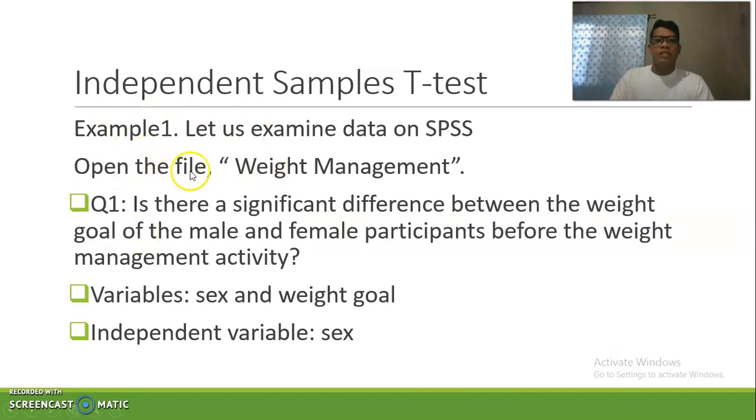So let us open a file to examine differences. Let's open a file on weight management. The question: is there a significant difference between the weight goal of the male and female participants before the weight management activity? The variables here are sex and weight goal. And take note, sex is dichotomous. It's categorical data and it has two groups. And the weight goal here is what we call